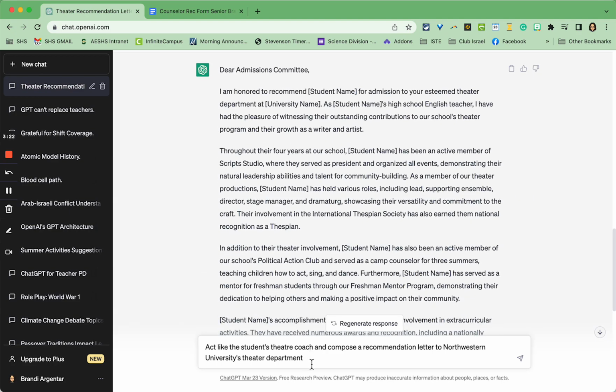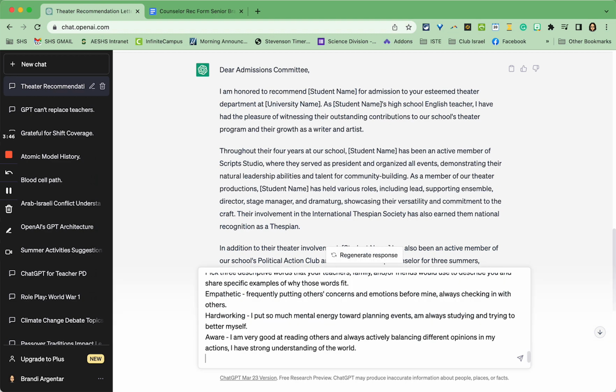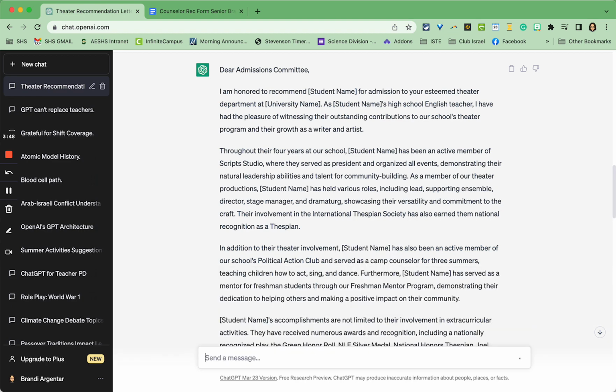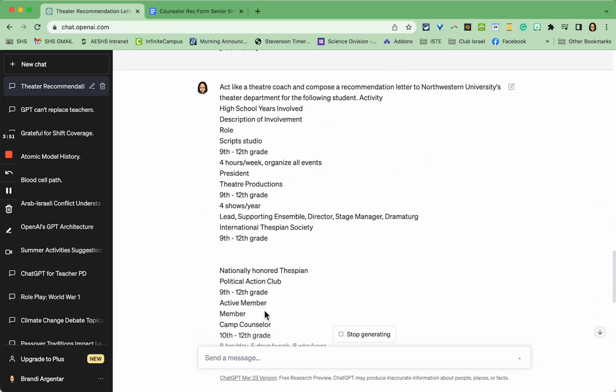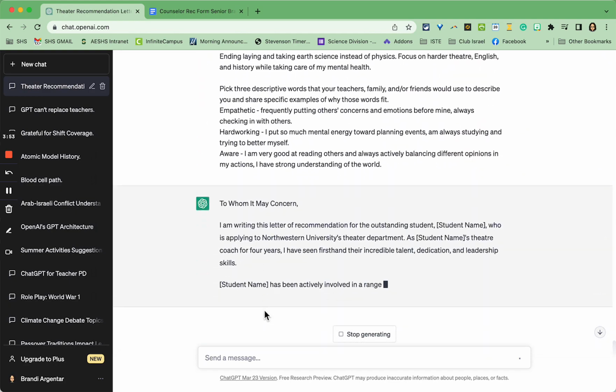Act like a theater coach and compose a recommendation letter to Northwestern University's theater department for the following student. And then I'll just paste it back in. And then it's going to start